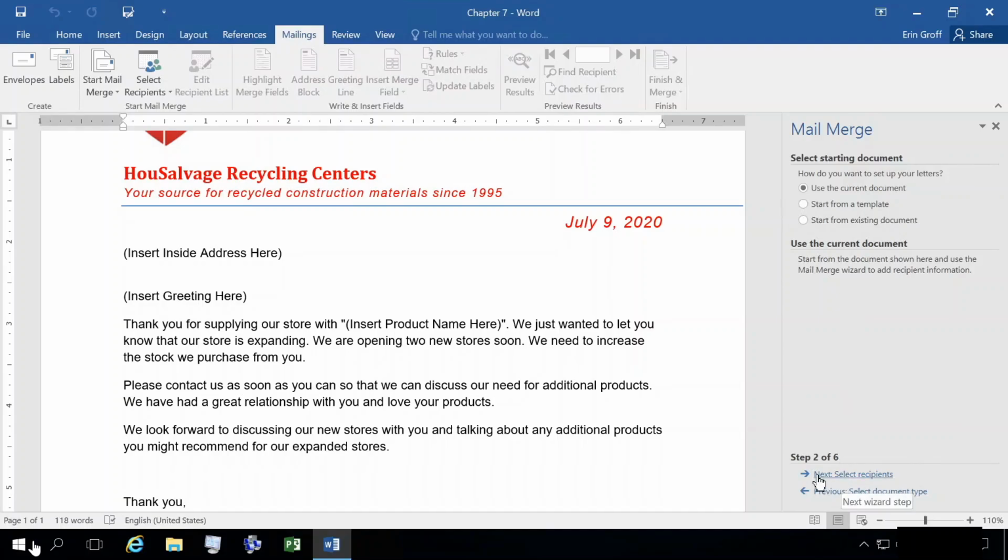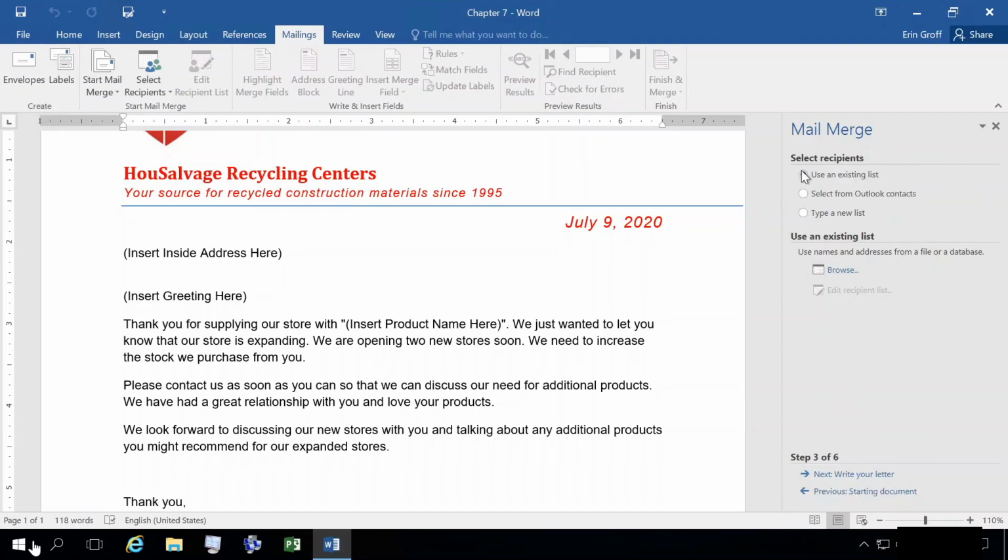So we can click Next, select Recipients. For selecting recipients, we can use an existing list that we have saved on our computer. We can select from our Outlook contacts, or we can manually type up a new list. So your easiest bet is to type it up in Excel so you have it,